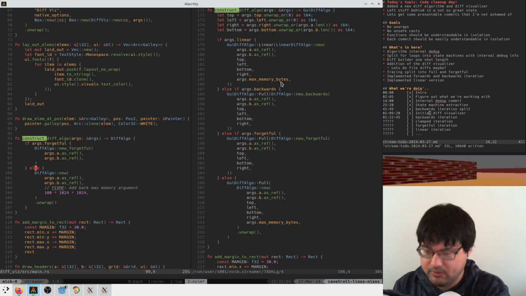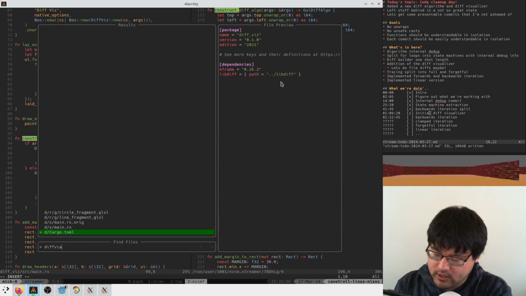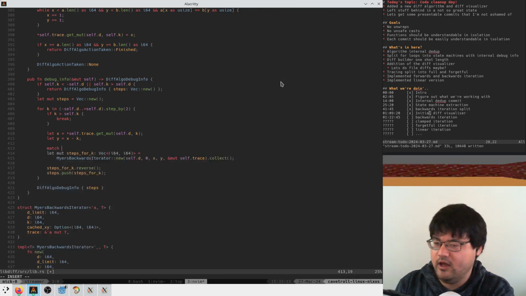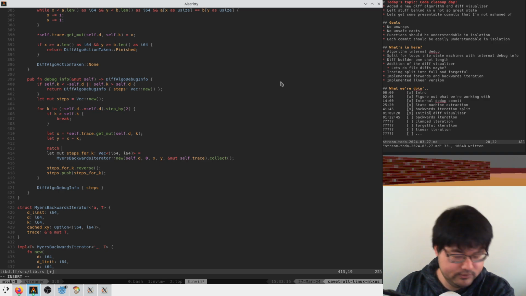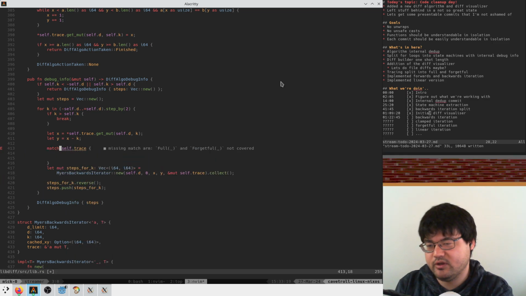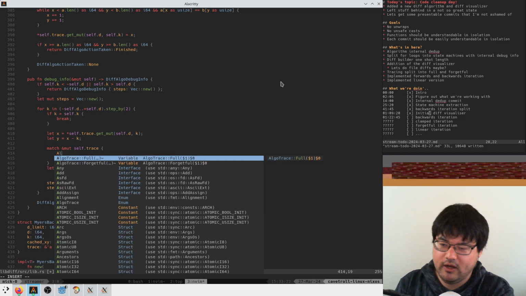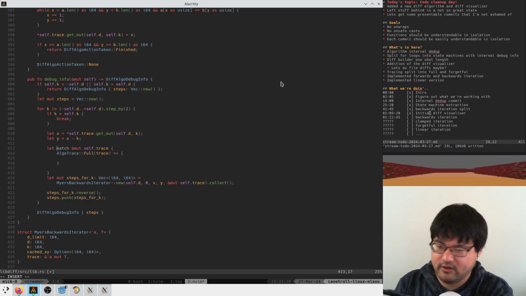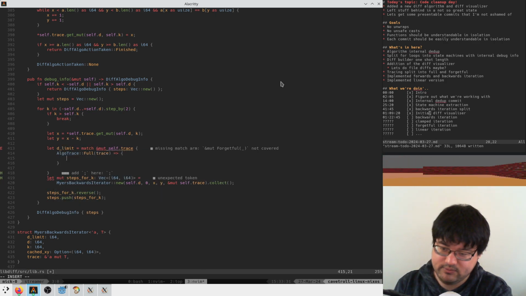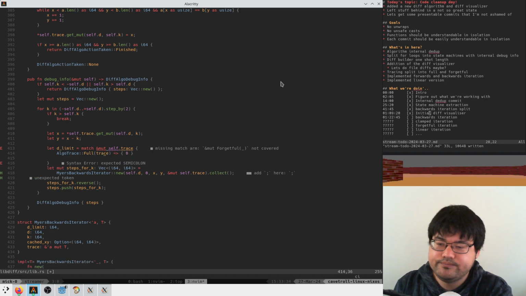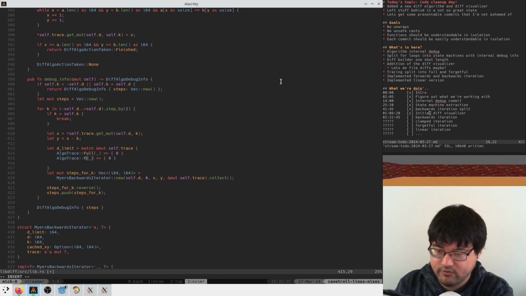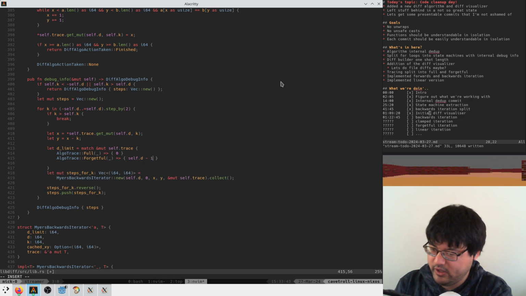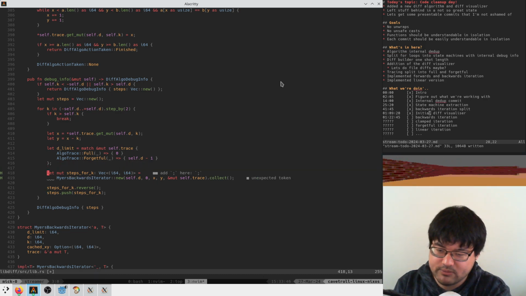The only thing that we have to do is when we backwards iterate, we need to set a limit. So here we need to do something like match self trace, and it's something like algo trace full. Maybe we say let d limit is equal to this, and if it's this, the d limit is 0. But if it's forgetful, it's going to be self.d minus 1, I think. We're going to have to double check this